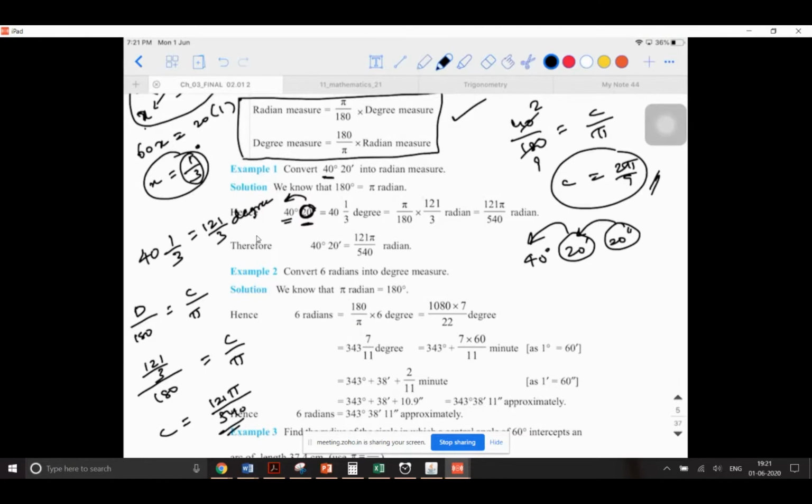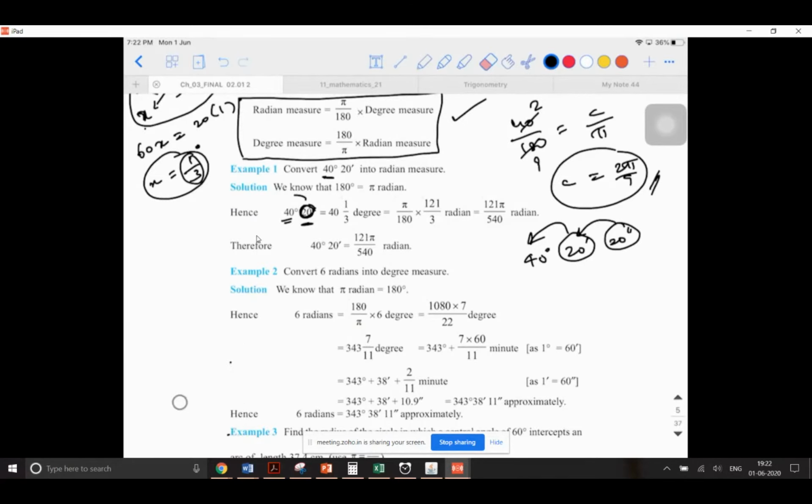Now the next problem is the reverse conversion. The reverse conversion in the sense you are going to convert radians into degree. As simple as that. So when you need to convert radians into degree, you need to multiply it with 180 by pi. Okay, let me explain this problem. Remember the steps that I'm telling you. When you're trying to convert degrees to radians, approach from right to left. When you're converting radians to degrees, approach from left to right.